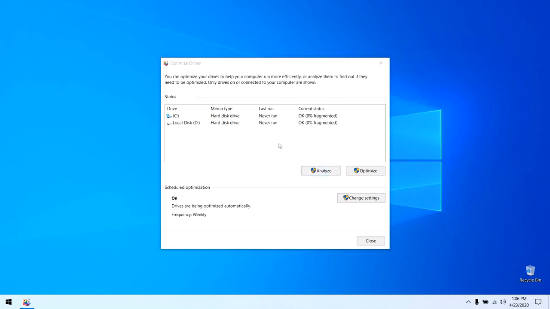So I recommend you to do this while you are going to bed, because it takes most of your time. That's why when you are going to bed, I recommend using this. So I'll just close it.